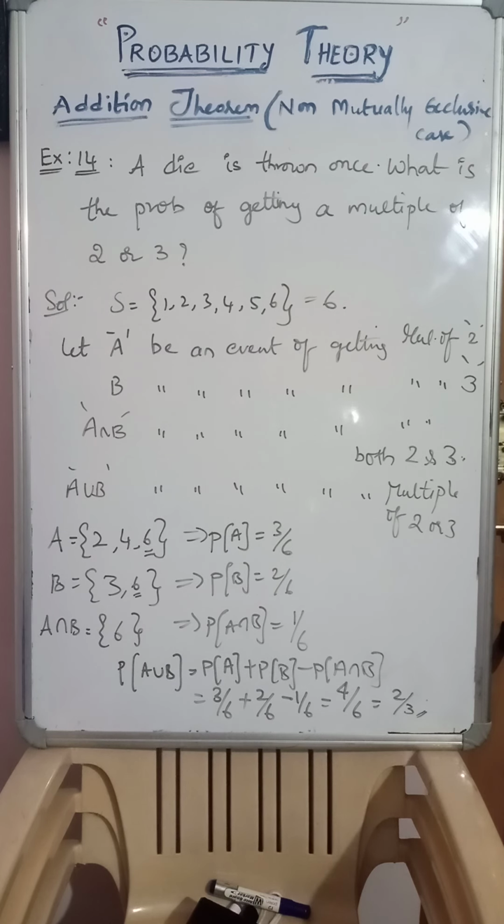We just have to observe which is exclusive and which is non-exclusive. According to the problem, we have to decide whether they are exclusive events or non-exclusive events. Remember, between two events, if there is no common element, that is mutually exclusive. But between two events, if there is a common element, then that becomes non-mutually exclusive. That is what the addition theorem says. Clear? Do you understand, guys? So let us see a few more problems based on non-mutually exclusive cases.